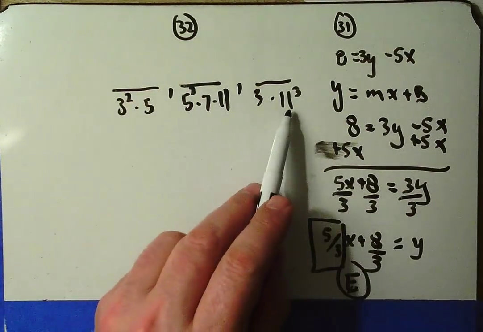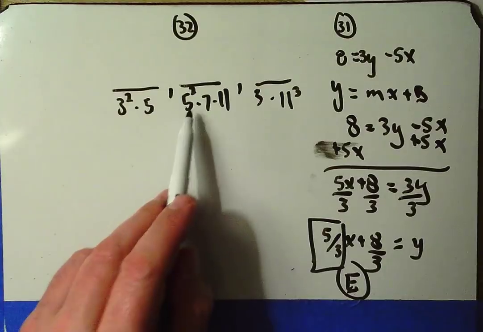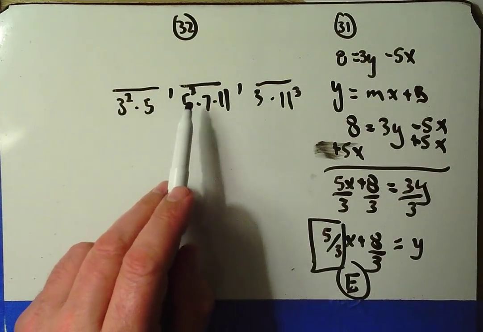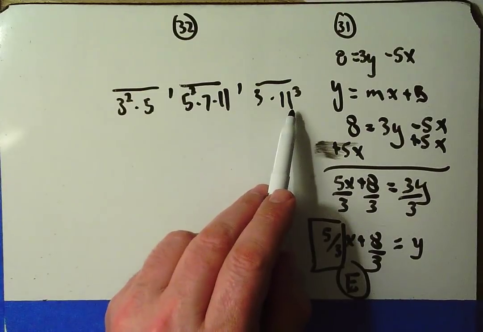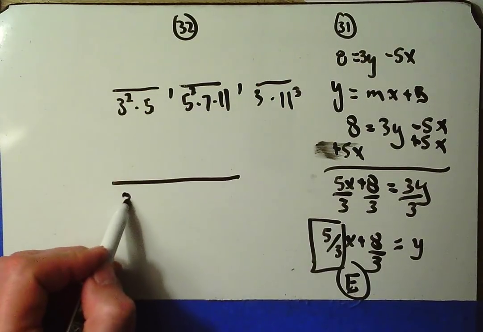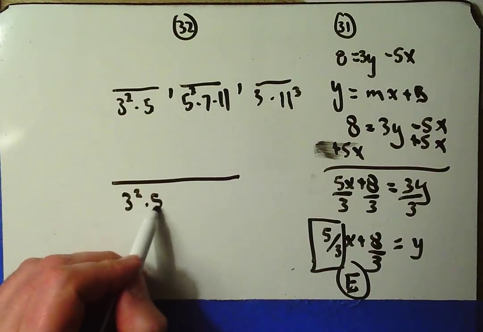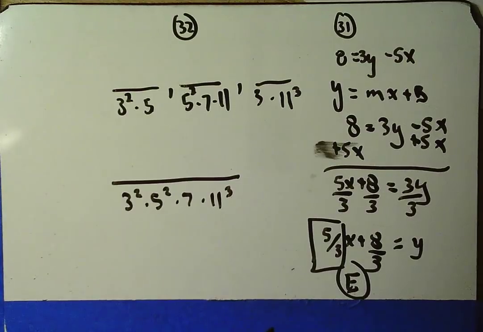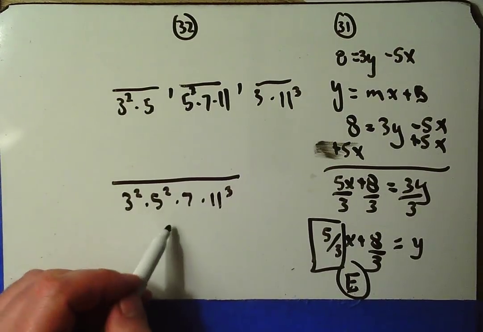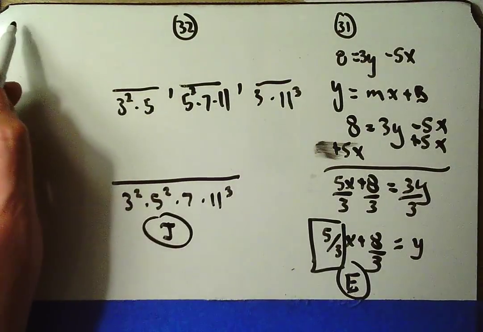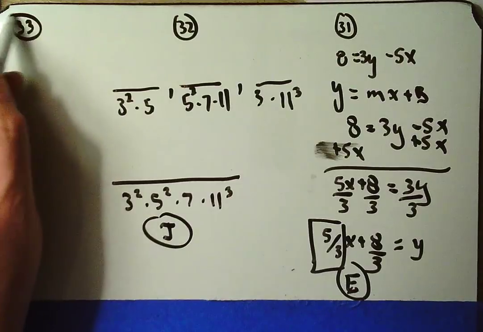Well, I need to have the biggest of each. I need to have 3 squared, I need to have 5 squared, I need to have 11 to the third, and I need to have a 7. So my common denominator will have all these elements in it. And that corresponds to choice J. J for number 32. 33